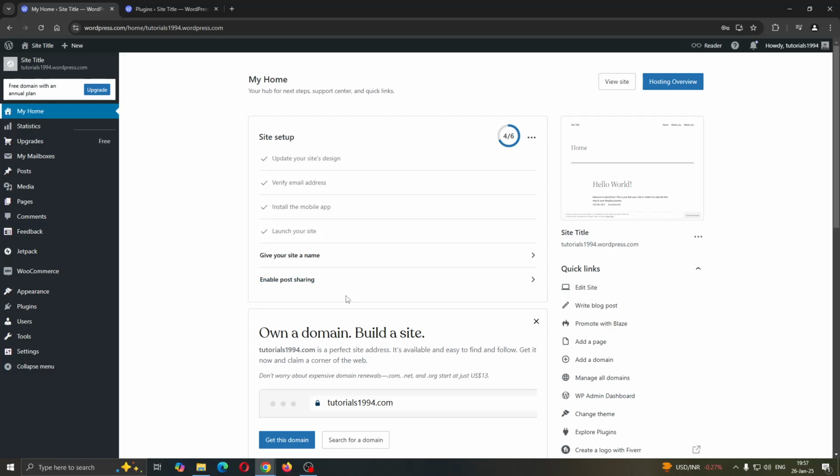So the first thing you want to do is to go ahead and open up the official WordPress website right here at wordpress.com if you're not already, and after opening it up you'll be greeted by this main page right here, which is the home page where in the upper right corner you can get started with logging into your account. So go ahead and log in if you have not already, and after logging in successfully you'll be greeted by this home page right here where in the left side screen you can find all the sections you can access, such